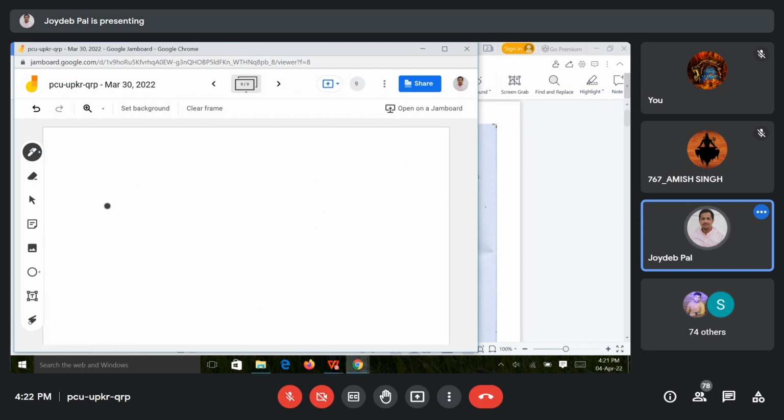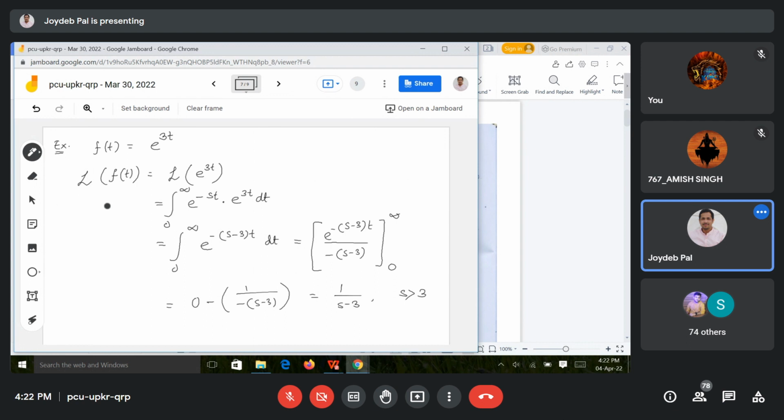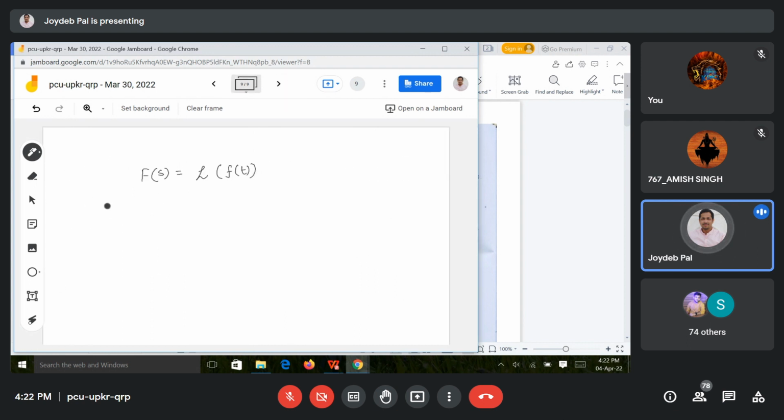Now see, as per the notation, we write F(s) is equal to the Laplace transform of f(t), right? What we can see is that after taking the Laplace transform, it becomes a function of s. So F(s), which is the Laplace transform of f(t), means after taking the Laplace transform of f(t), it becomes a function of s. That F(s) is called the Laplace transform of f(t). Or we can also write f(t) is equal to the Laplace inverse of F(s),